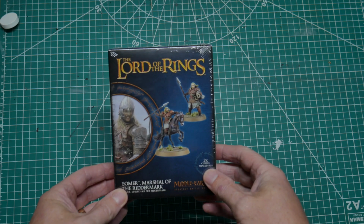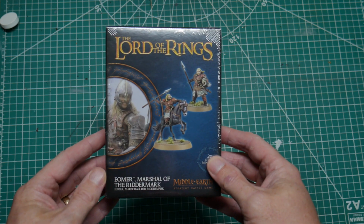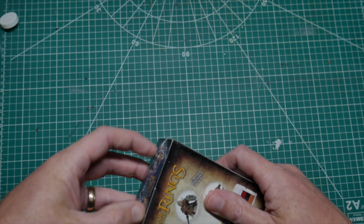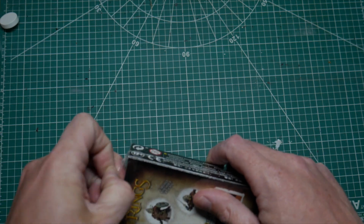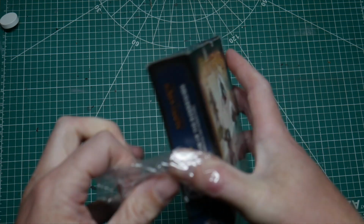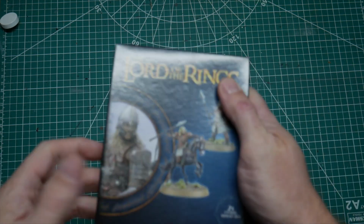And here we are with the first of the boxes. So the fantastic new plastic Eomer Marshall of the Riddermark sculpt. These actually arrived Saturday morning on the 29th, I believe it is. It's the day after now, it's Sunday. I've had a really busy weekend with the family. And I could have ripped the cellophane off last night, but I thought I'll actually make it a proper unboxing